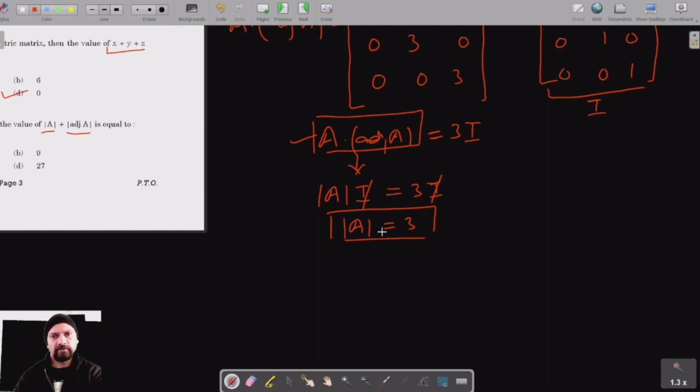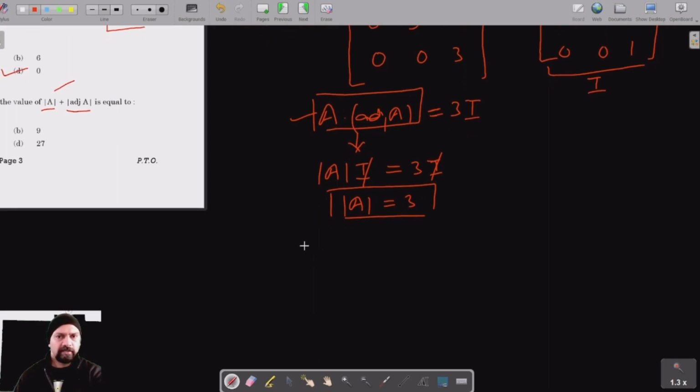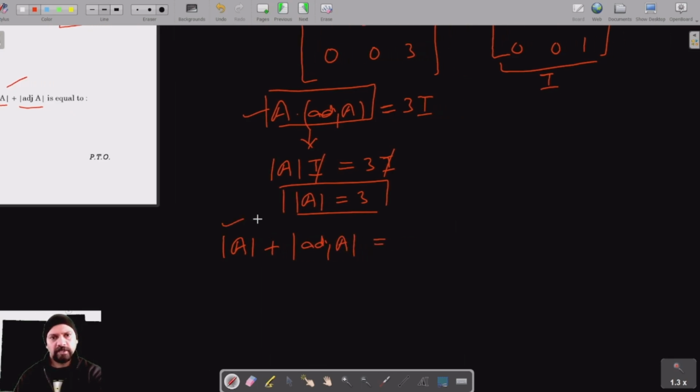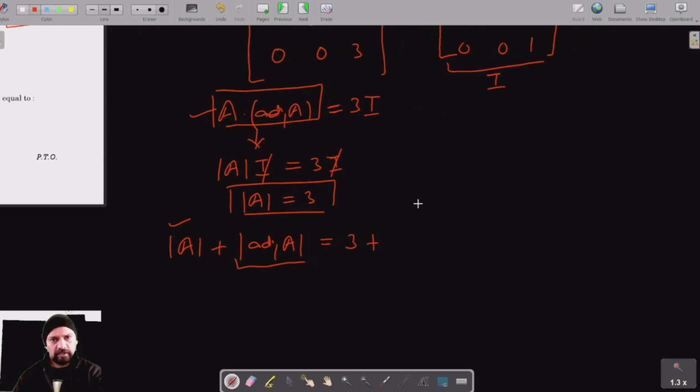So we have got the value of determinant of A. Let's find out what is asked in the question: det A plus determinant of adjoint A. Now det A is 3, and we know that determinant of adjoint A is equal to determinant A raised to the power n minus 1,